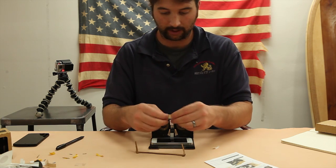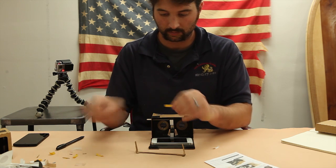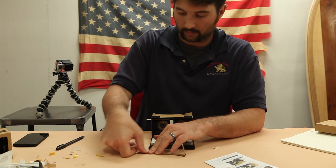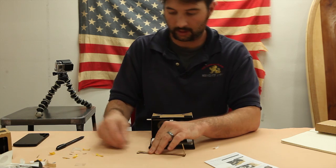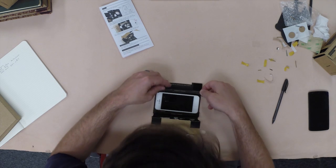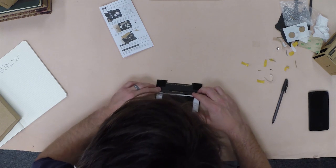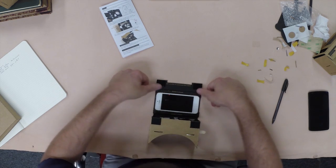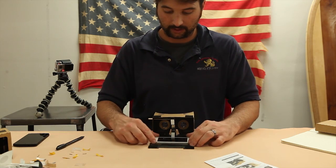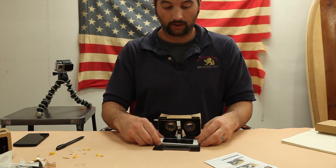And then my final piece of tape here. Other side. And just put this in along the top edge and giving a little pressure so that the adhesive sticks down, and you've got yourself a nice little housing for your iPhone 5. The one thing to remember is you should